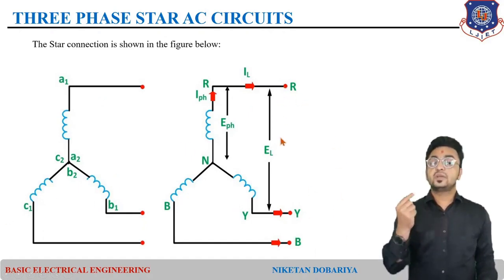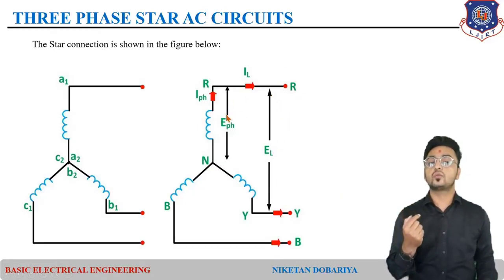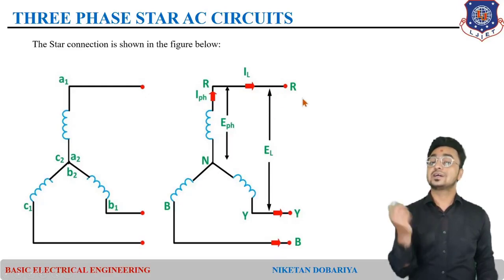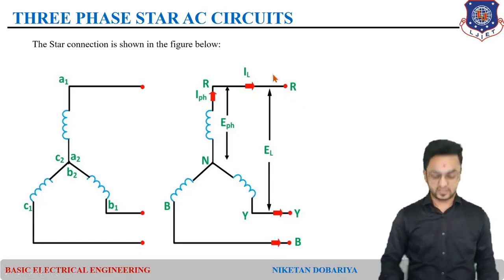So if we measure between these two lines directly, so in between these two, if we move from over here to here, there will be two coils, two phases, and that voltage between two lines will be known as a line voltage. Same way, current. If we measure the current of this phase, this winding, that will be known as a phase current, and if we measure the current in line, the supply line, that will define the line current.